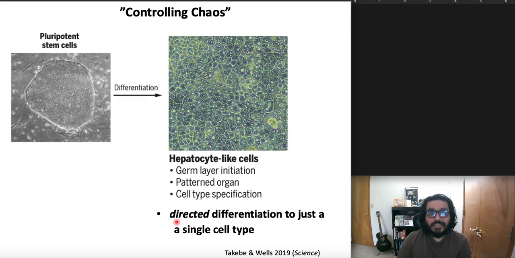This is what we call directed differentiation, where researchers add a few extra specific growth factors or molecules to specifically get this cell type. We're taking these stem cells and we're getting just this. We just want this cell type. It's similar to some of the papers we've read so far, where researchers take neural stem cells and want to get just neurons, or just oligodendrocytes, using a very specific mix of media, growth factors and timing to get one specific cell type in their culture. So this is the least complex but most controlled